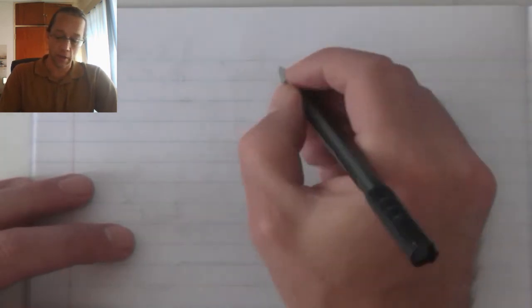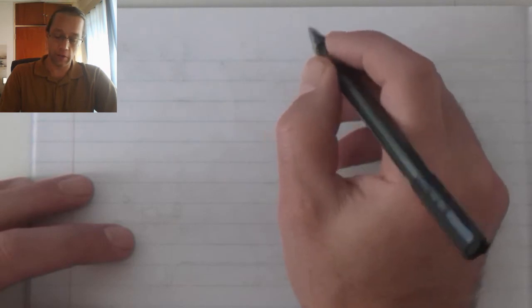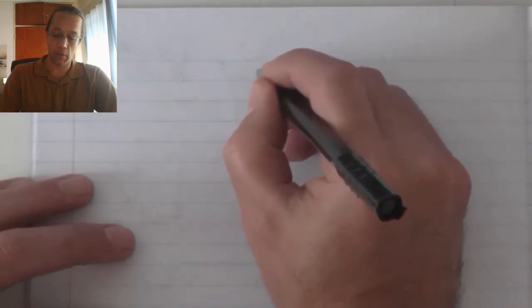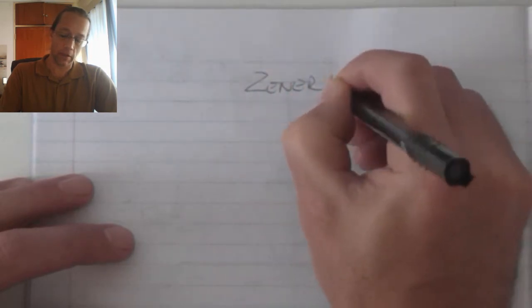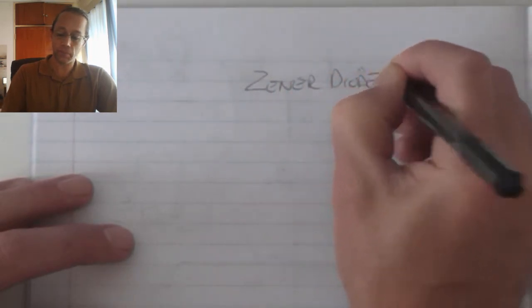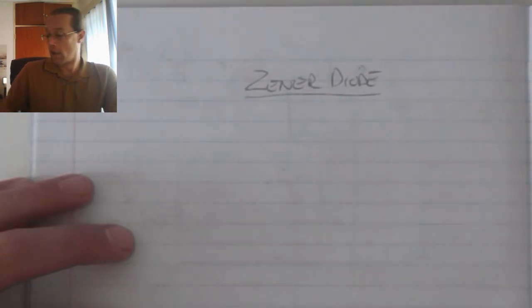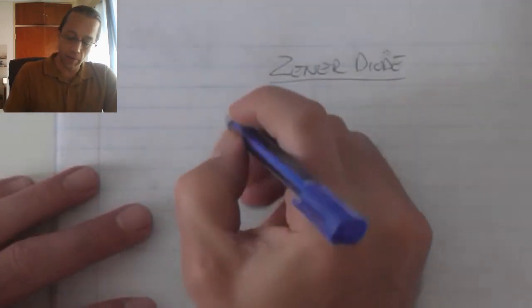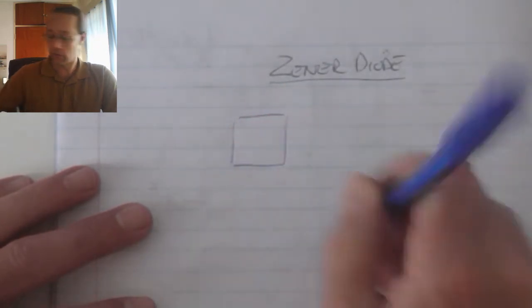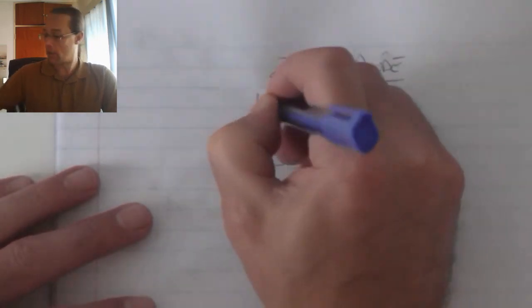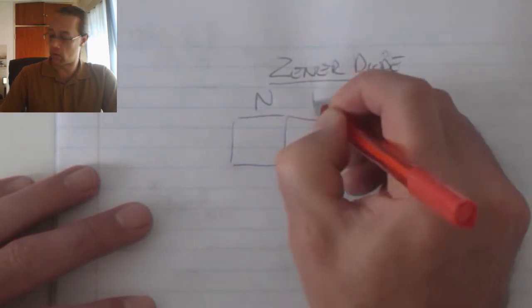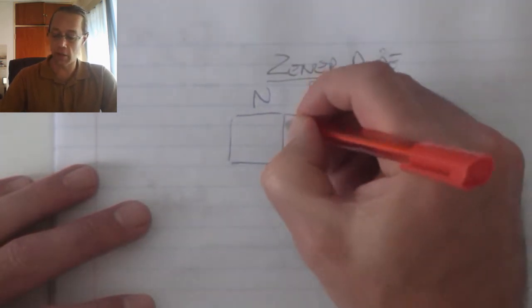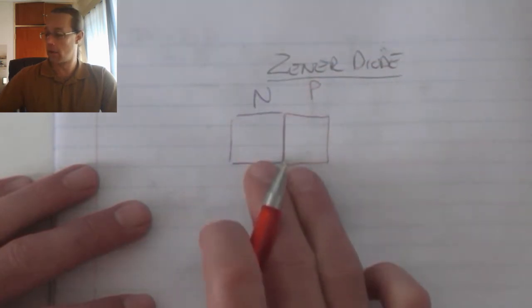application possibilities. In part 2, we looked at the diode. In this part, we're looking at the Zener Diode. When it comes to the construction of the Zener Diode, again, we've got our n-type material and we are combining it with our p-type material in order to form a p-n junction and our depletion region